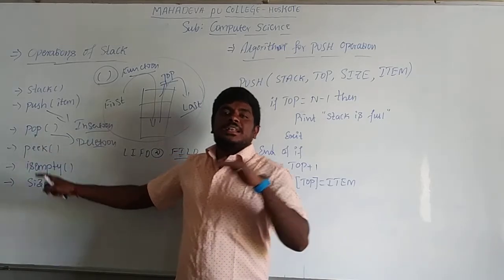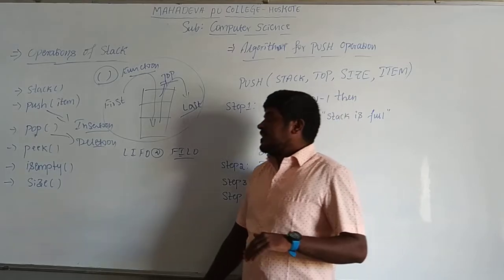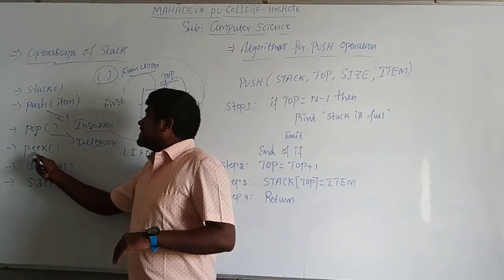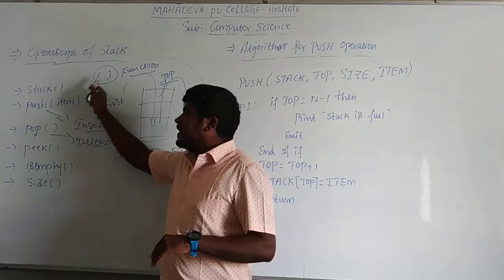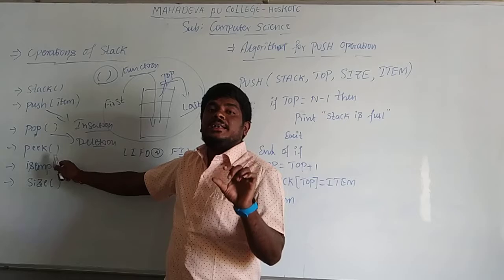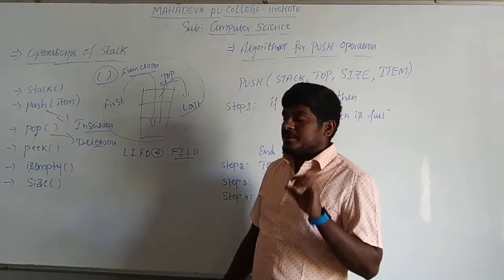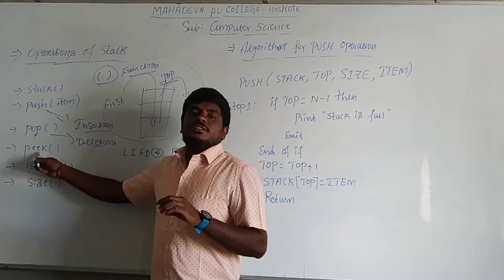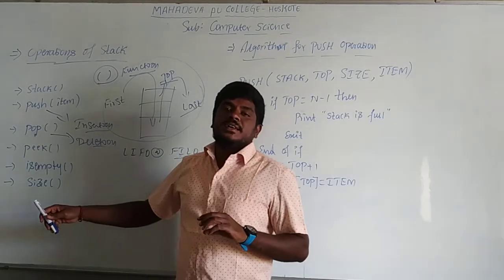Peak means the peak level. What does peak mean? We call it the top most level. Okay? So the top most level we call as peak. Peak is an operational stack. Peak is also an operational stack used to return a topmost item from the stack, and here also there is no parameter required and it is not modified. Okay, it is not modified.